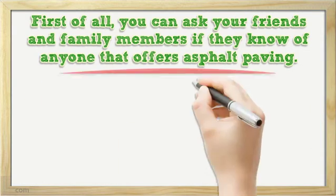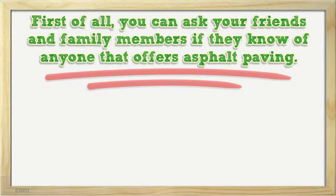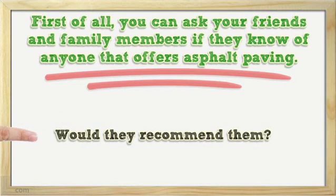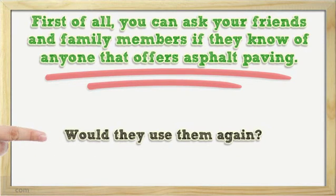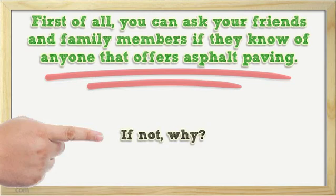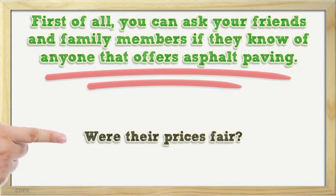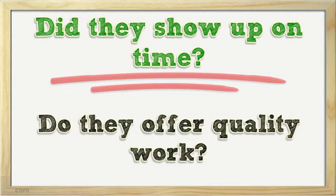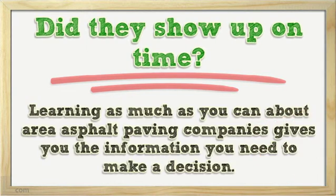First of all, you can ask your friends and family members if they know of anyone that offers asphalt paving. Find out as much information as you can about the companies they tell you about. Would they recommend them? Would they use them again? If not, why? Were their prices fair? Do they show up on time? Do they offer quality work? Learning as much as you can about area asphalt paving companies gives you the information you need to make a